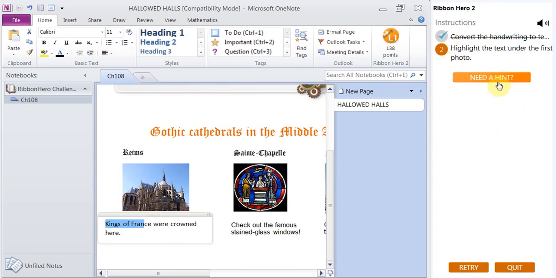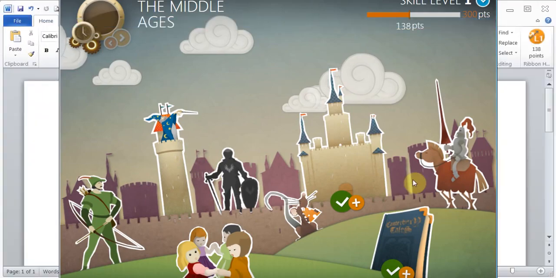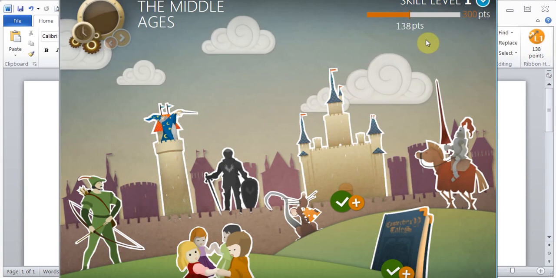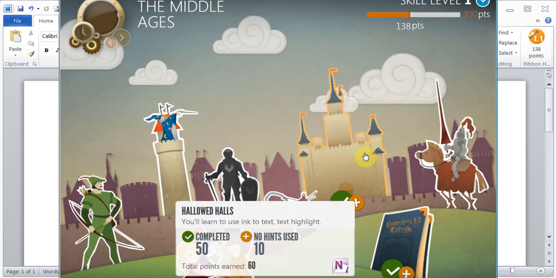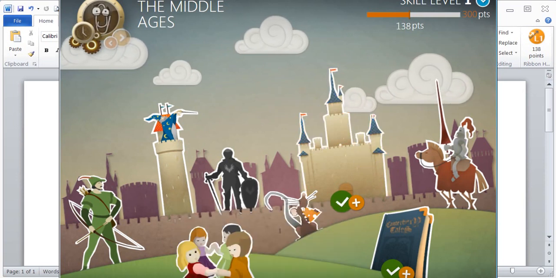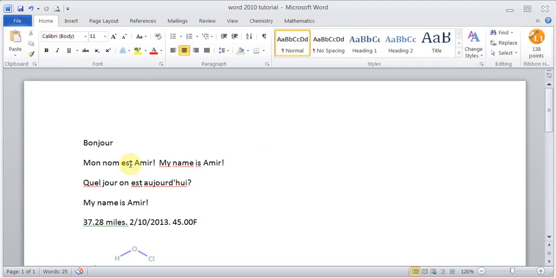If you didn't know how to do it, you can go through the hint. Now it says highlight the text under the first photo. So I can highlight it like this and also put a highlighter on it, and now it tells me that you've got it right. And then that way you keep going through all of them. You're going to keep collecting points, and I believe you can even share it with your friends on Facebook. And once you are done with this, this is level 1, then they'll take you to level 2, and then level 3. Okay. So that's it for this video, which was about translation, conversion, chemistry, and mathematics add-in